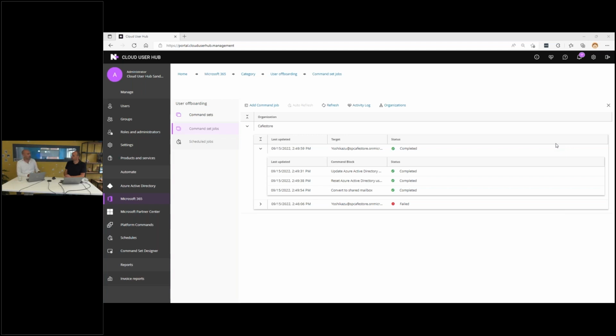you need command blocks. One of the questions we got was, could you add command blocks yourself, or is it limited to the command blocks that are provided by Enable? Yeah, currently it's limited to the command blocks that we build at Enable. I never say never, but